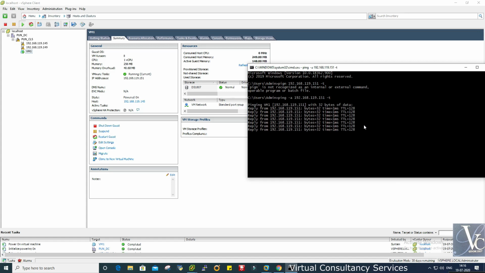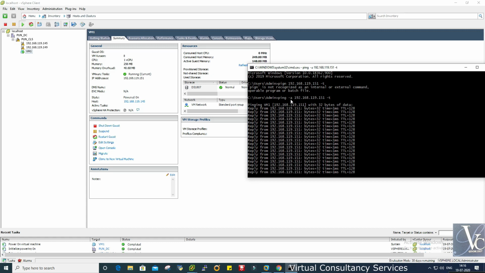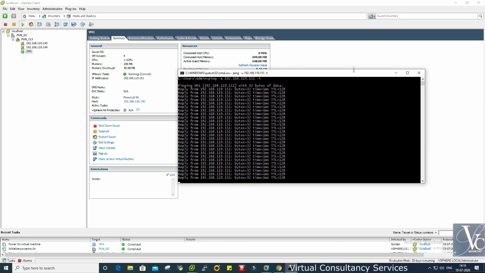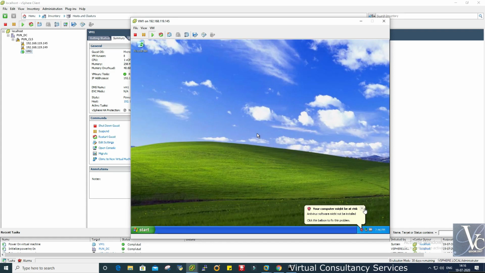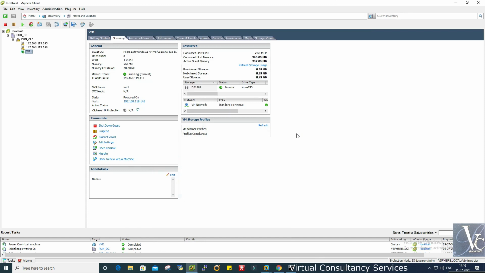Okay, so this is VM1 server, sorry, VM1 is the computer name of that VM, and this is the IP address which I gave. VMware Tools is already installed in this VM, so I configured this VM like that. Now that VM is up completely, we can see the login and the desktop of this VM.